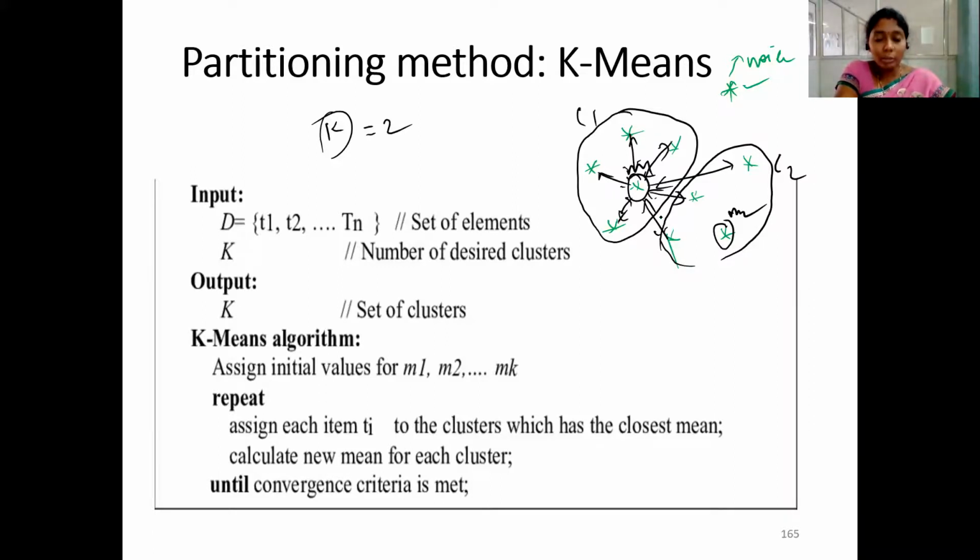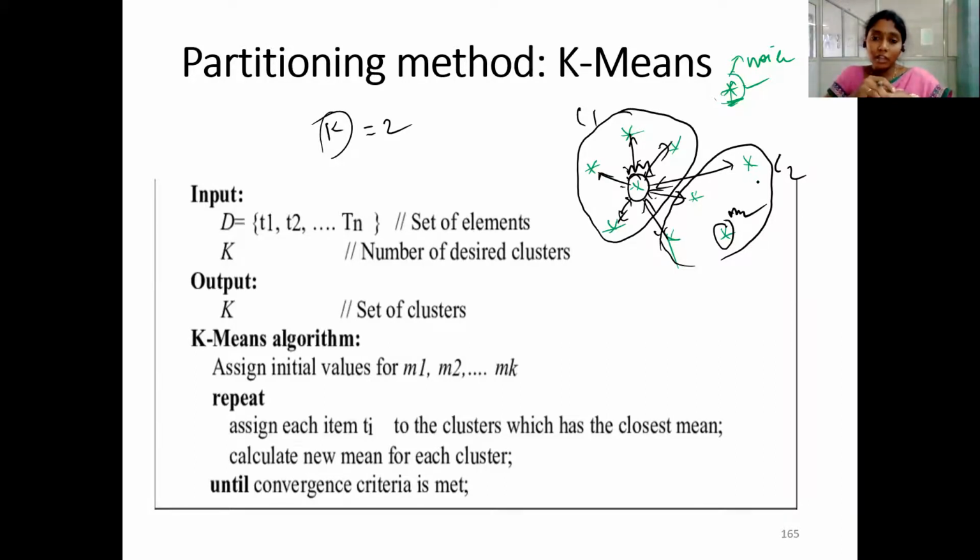That means only round shaped clusters I can form with k-means, because it uses distance methods, Euclidean or Manhattan or Minkowski. Whenever a clustering algorithm forms clusters based on distance, it can only form spherical shaped clusters. So if you are going for spherical shaped clusters, you may not consider outliers. You need not bother about this. So like this, in the first iteration, I can form 2 clusters.